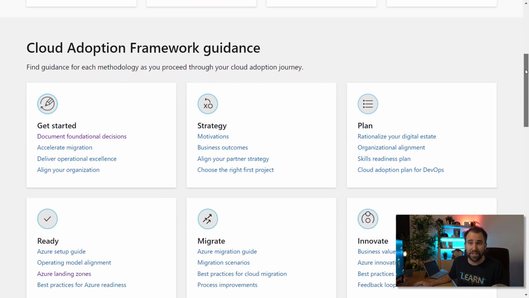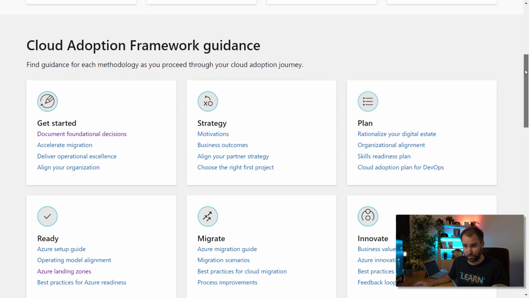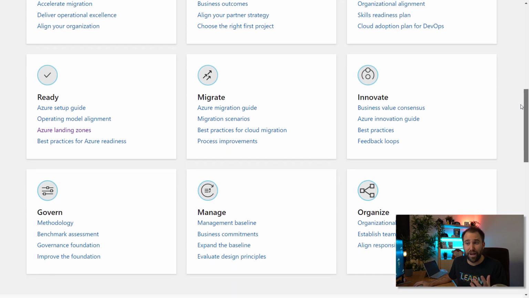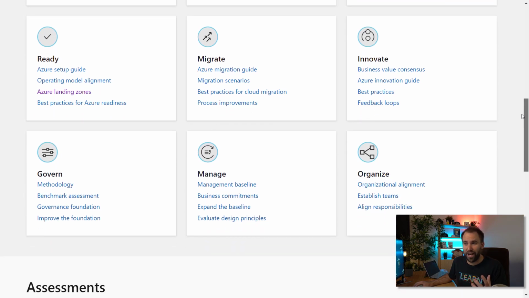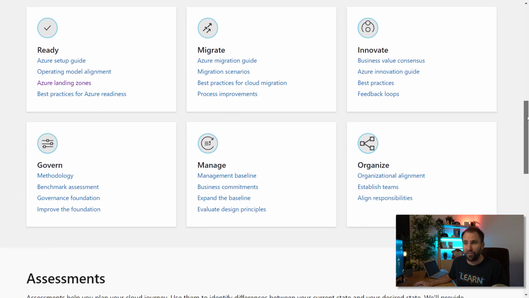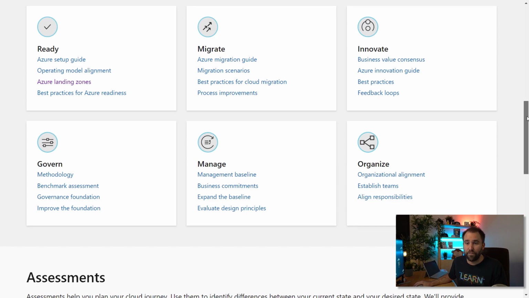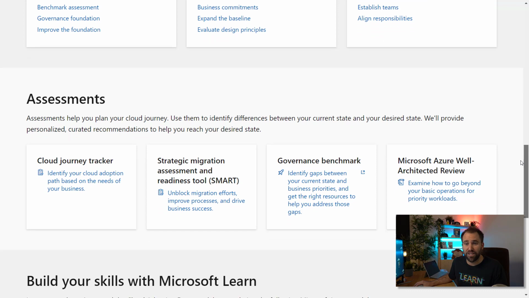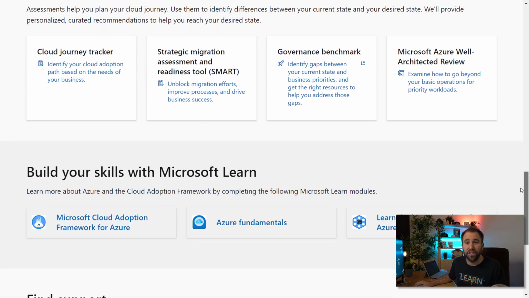You have the getting started information to find out more about the cloud adoption framework and how to use it. And then you have the strategy, planning, ready, migrate, innovate, govern, manage, and organize parts, which give you a lot of options there. You can also find all the tools here for some assessments, and you can also go out and take